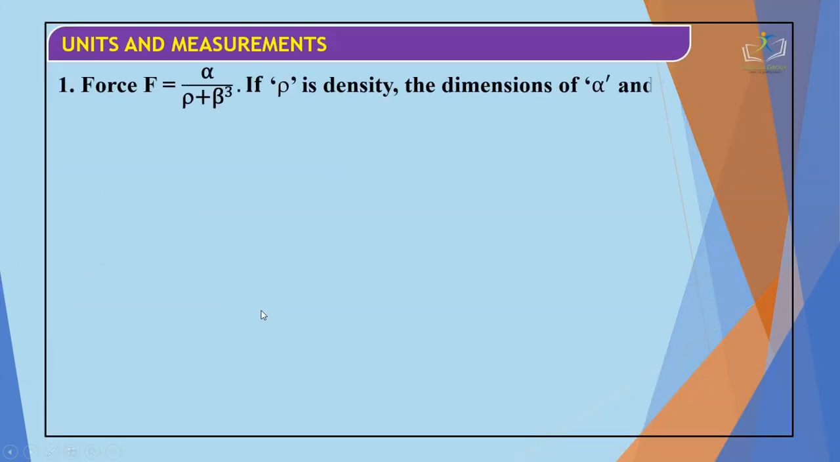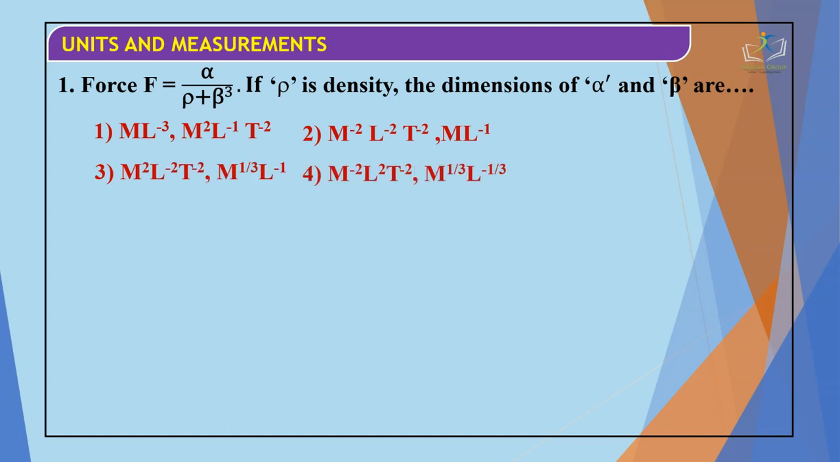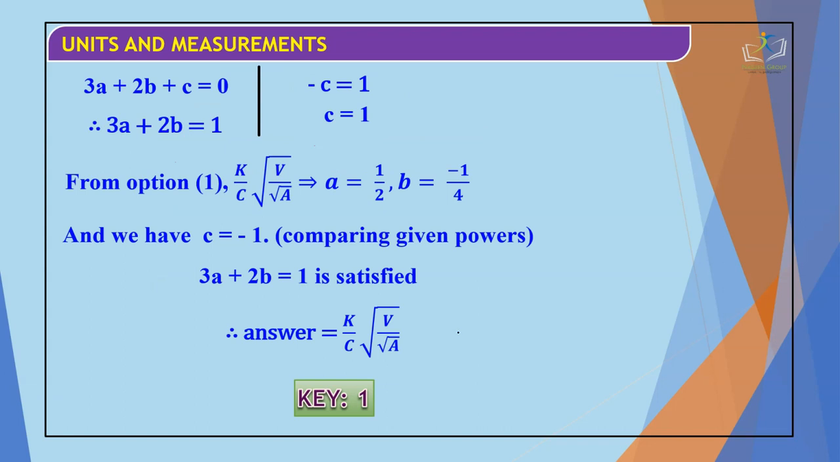Force F is equal to alpha by rho plus beta q. If rho is the density, what are the dimensions of alpha and beta? So we have these options. Let's move with the solution part. So students, F is equal to the given alpha divided by